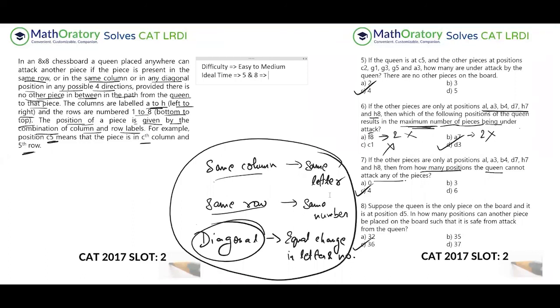The ideal time to solve this particular set would be, I would say, for question number 5 and 8, somewhere around 3 to 4 minutes, and for question number 6 and 7, the other two, again somewhere around 3 to 4 minutes. So in total, somewhere around 6 to 8 minutes. But then it depends a little bit on your comfortability. This one might actually go to 5 minutes, but ideally it should take somewhere around 3 to 4 minutes for question number 5 and 8,